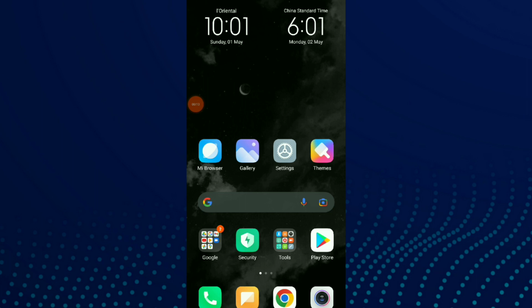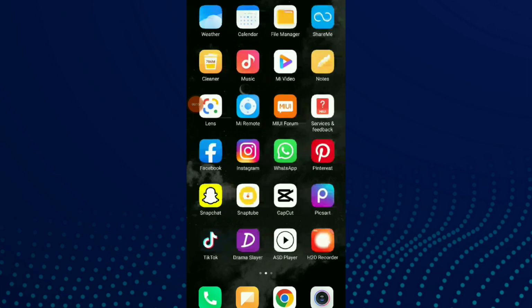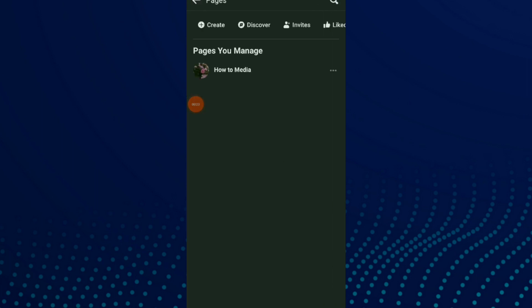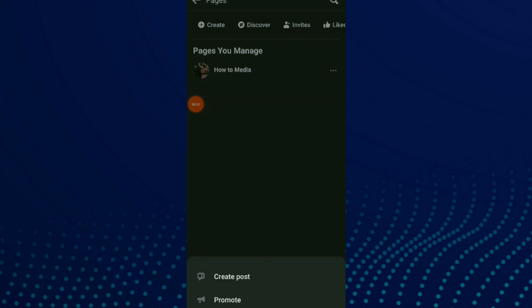Easy and quick. So firstly, go to your Facebook and now go to this page by clicking on those three lines. Now click on pages and you're going to find your page or the page you manage. Now all you need to do is click on those three points beside the page, or you can click on